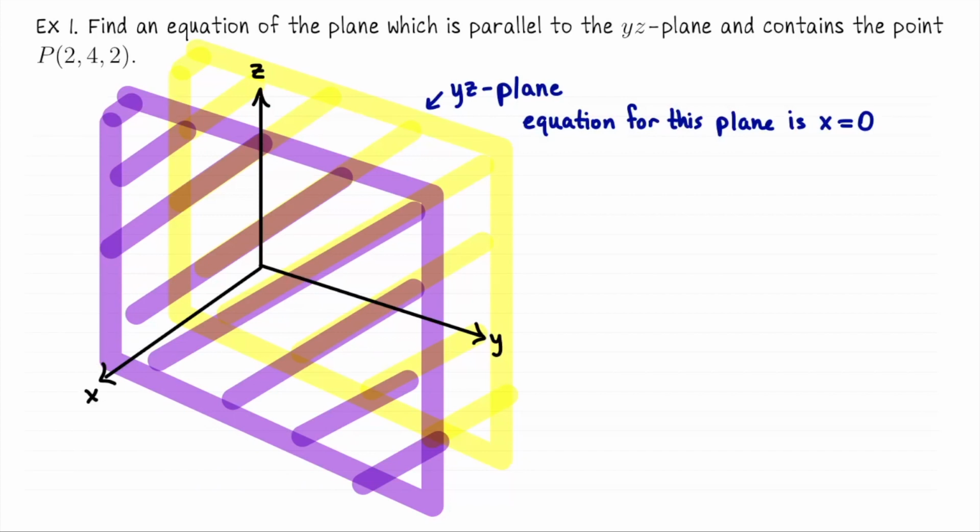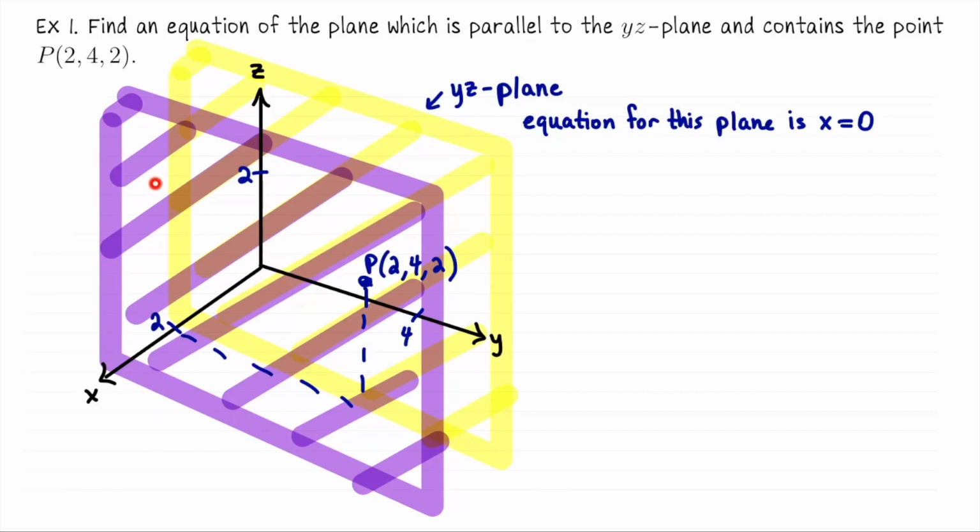Okay, so here's that plane, and I've tried to move it closer to you if you're looking at this screen, because we know it contains the point (2, 4, 2). In other words, it passes through the value x equals 2. So it's hard to see on this picture, but we're imagining that this plane contains the point (2, 4, 2). Okay, so let's think about this plane now. What's true about every point on this plane? What could be a good algebraic description for this plane? Are there any constraints on our Cartesian coordinates x, y, and z? So are they free to be whatever they want?